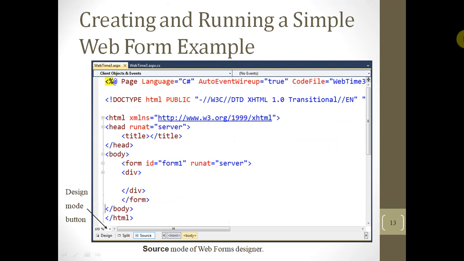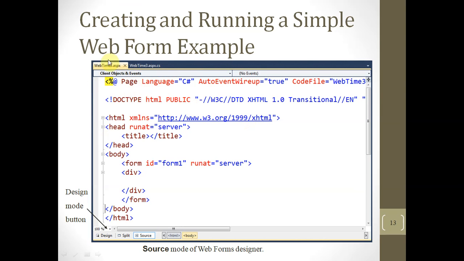Now, during this creating and running process, we have this blank webtime3.aspx, and we have webtime3.aspx.cs. So we have two tabs here.